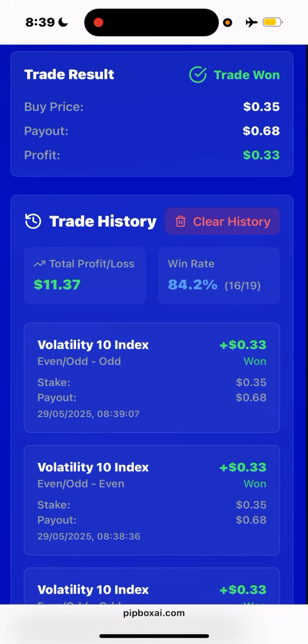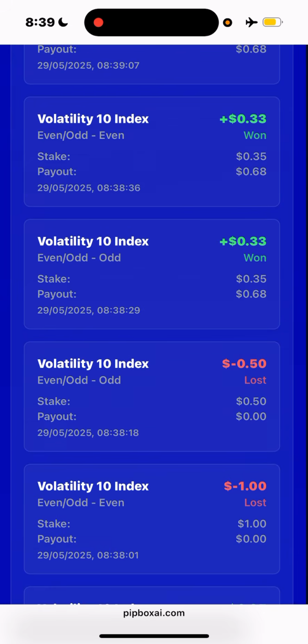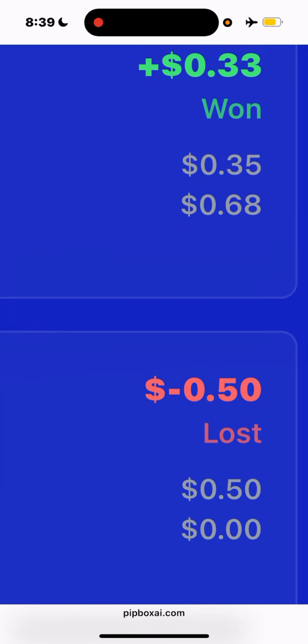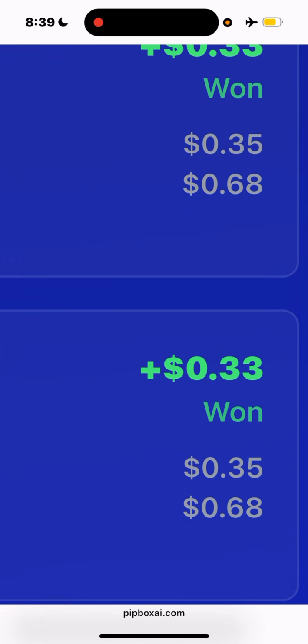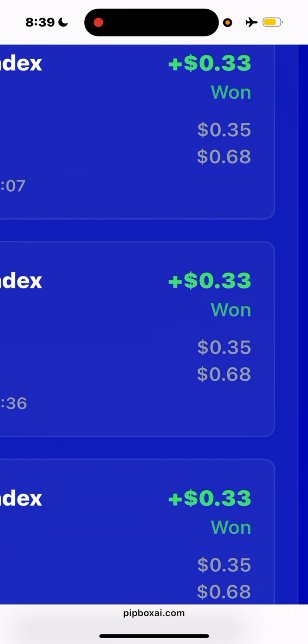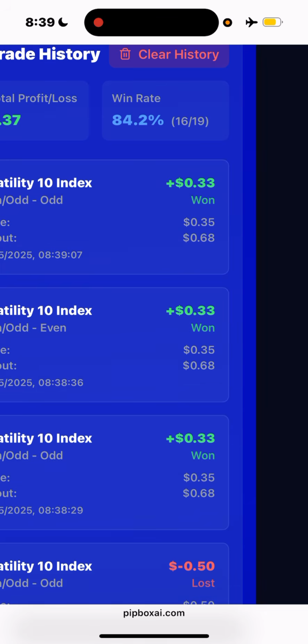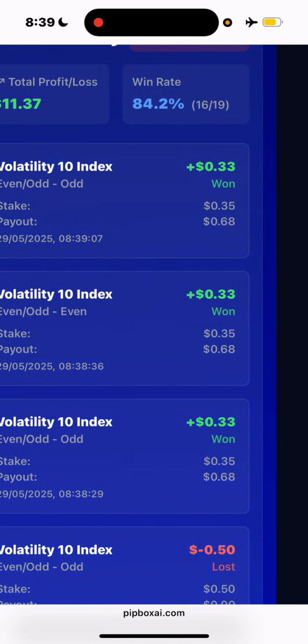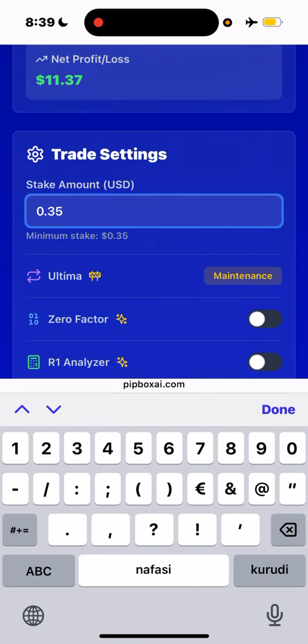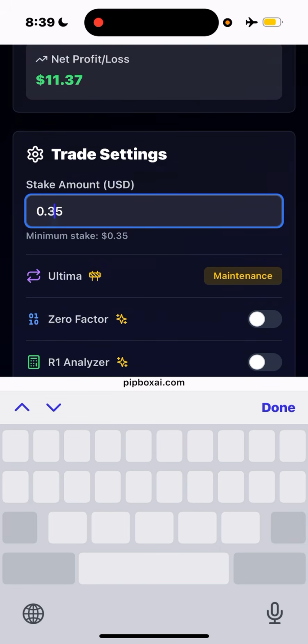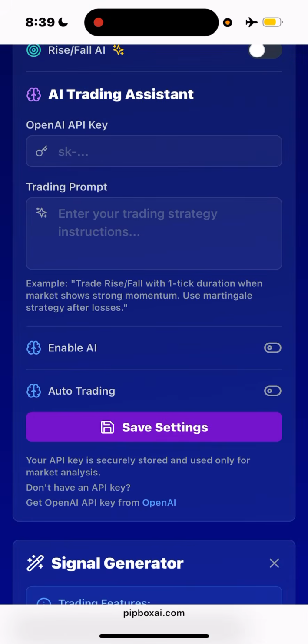I hope what I'm saying is making sense, okay? So for us to recover this 0.5 USD, we need to trade with 0.35 USD thrice to hit 0.5 USD. So this one and this one, okay? Not even thrice, twice, because it gives back profit of 0.33. So 0.33 plus 2 times 2 is 0.66, which covers up our stake, our loss of 0.5. And then we need to trade 3 times with